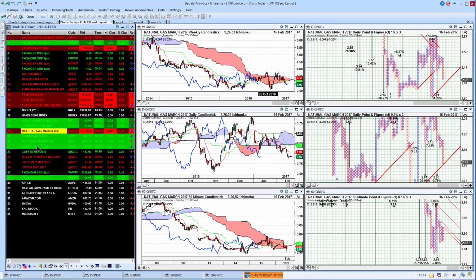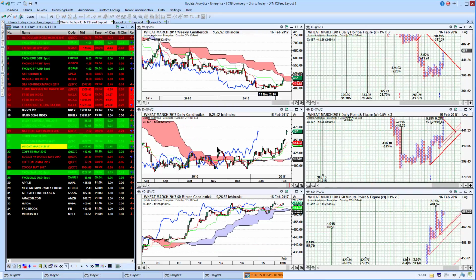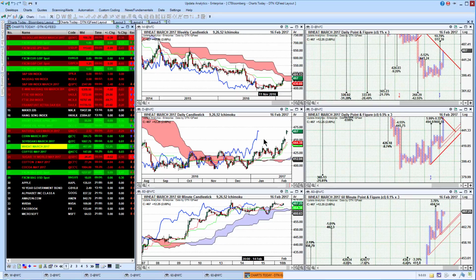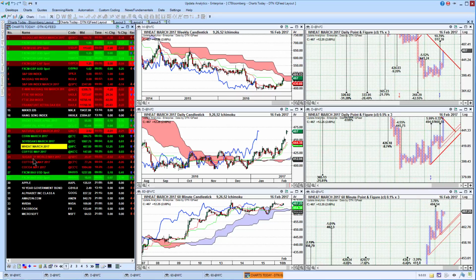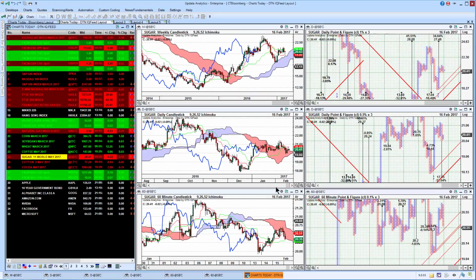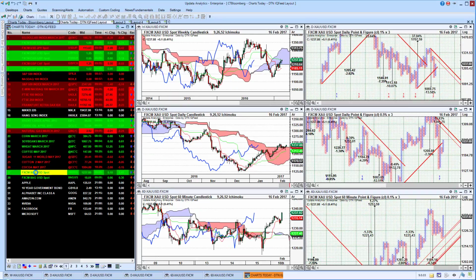If we look at wheat, interestingly, wheat really rocketing on the medium-term chart. We're in a sideways range here, not quite activating the sideways target, and we're still not through on the long-term chart. Taking a look at sugar, we see here we're below the cloud. Again, the DTN feed, of course, very, very strong on commodities. If we look at FXCM, we see here the gold chart coming from them, and we see here, again, this is on your DTN feed,